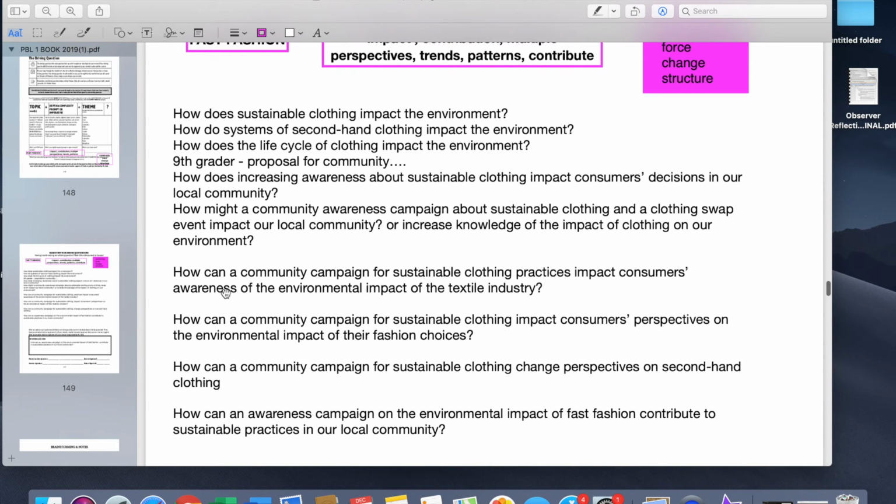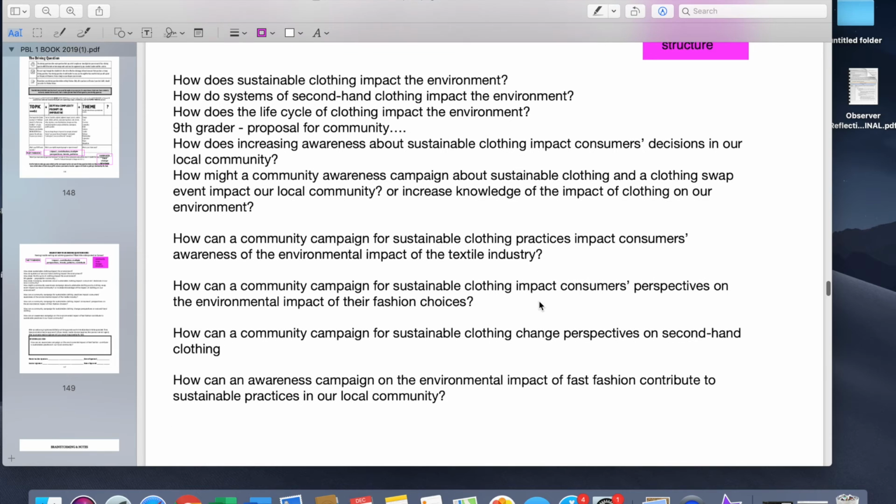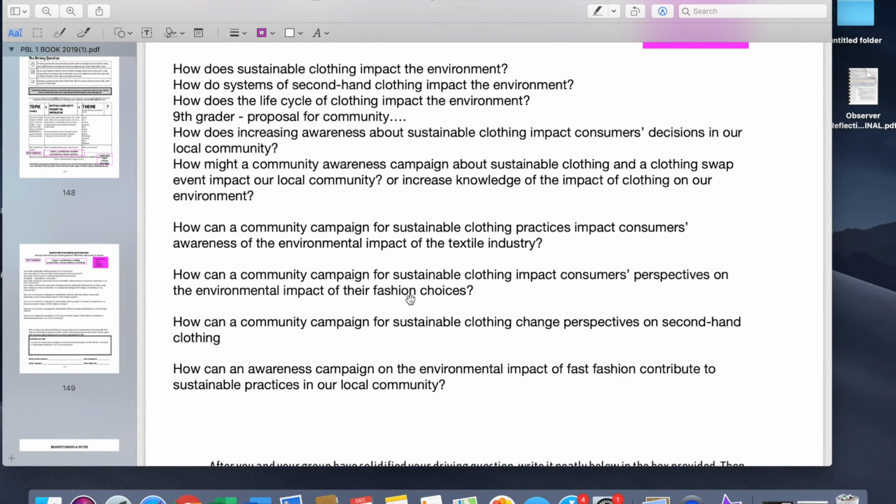So then I moved on to how can a community campaign for sustainable clothing practices impact consumers' awareness of the environmental impact of the textile industry. Whew, that's way too complicated, but it's definitely getting closer. How can a community campaign for sustainable clothing impact consumers' perspectives on the environmental impact of their fashion choices? I think I'm mixing it up.